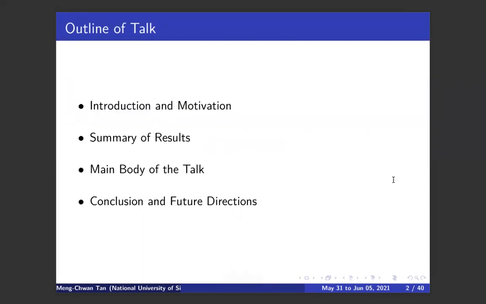Okay. So the outline of the talk will be as follows. First, I'll give an introduction and motivation of why we want to do this and what this work is about. And then I will give a summary of results. If you will, this is like a gong show, an elevator pitch, where I'll summarize the results, just in case you have to leave the talk halfway, or if you didn't catch some of the details, you would know what you should be looking out for.